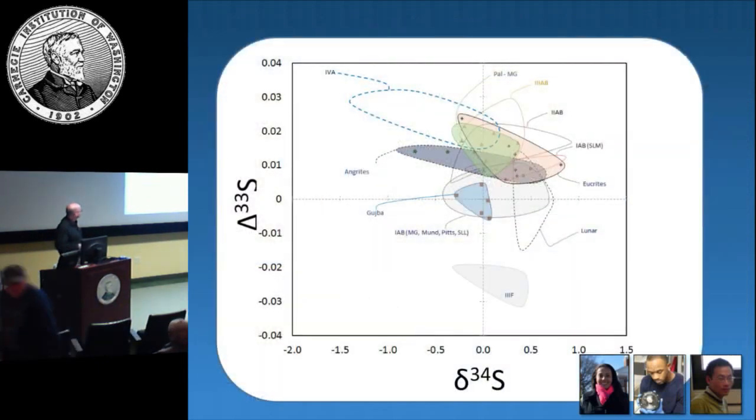This doesn't actually have all of them, but I can tell you where I was trying to see scale. Everything is normalized to troilite in Canyon Diablo, presumably because there's a ton of Canyon Diablo. It made Meteor Crater in Arizona, and it has sulfides in it, so it's an easy way to get a standard.